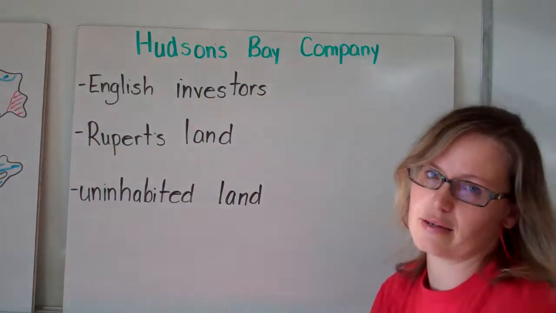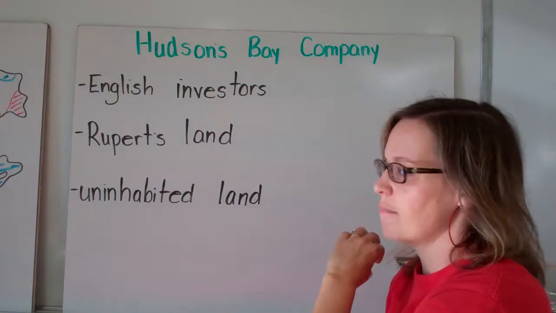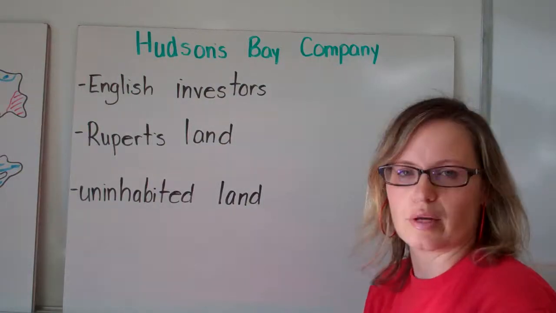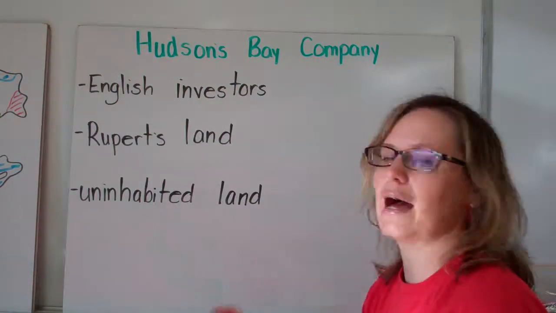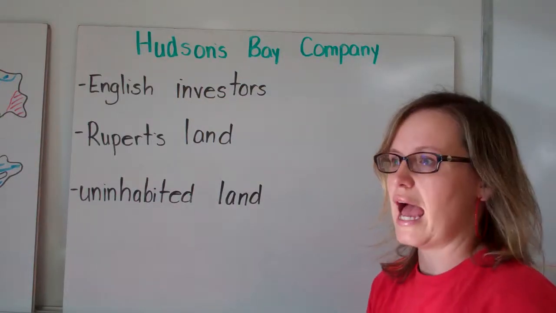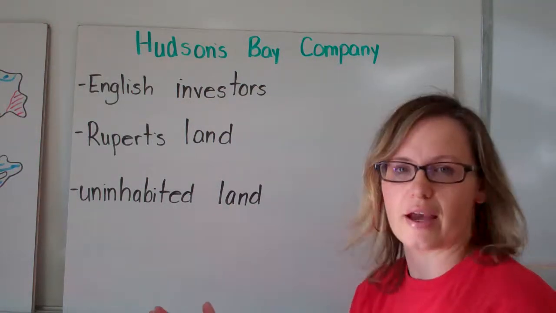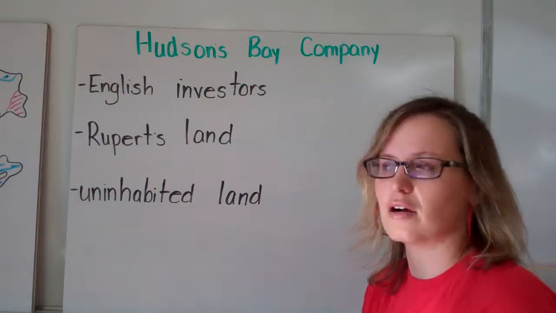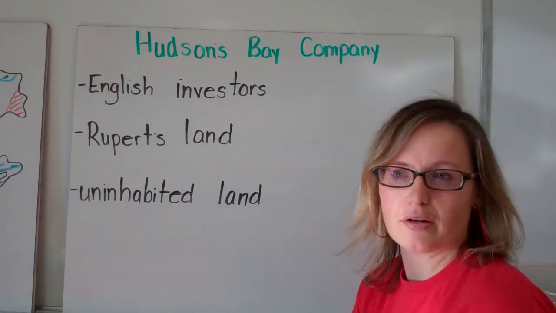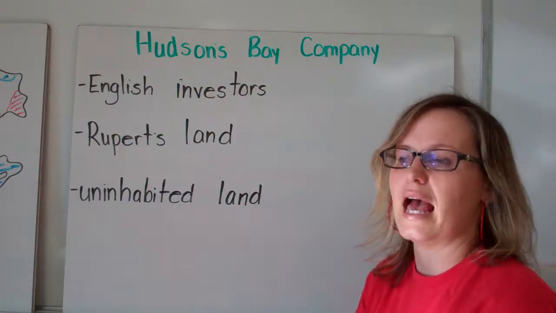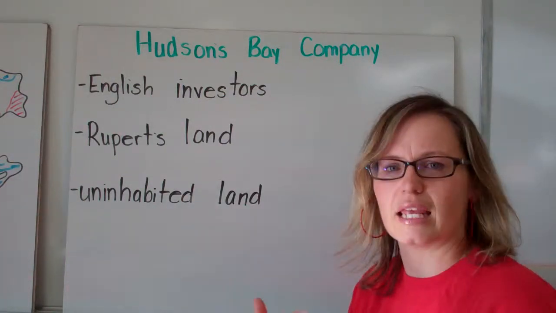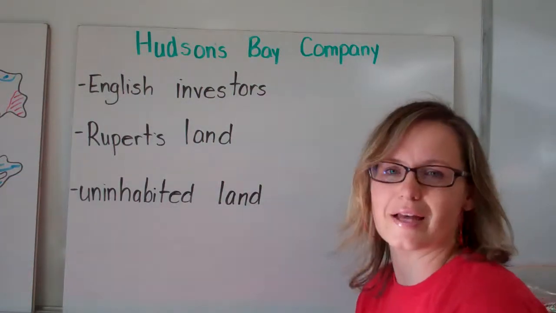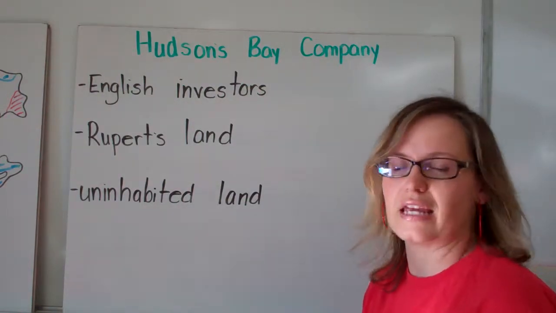Now, one of the important details about this Ruperts Land is that many of the traders would write home, or when they got back to Britain or England or Scotland, they would talk about this uninhabited land, about how they ventured to this new world and it was brand new and open and there was no one living there. But there were people living there. There were Aboriginals living there, and they'd lived there for many years. And the Hudson's Bay Company, the traders, were using the Aboriginals for their knowledge and their help. And this is the beginning of these settlers versus Aboriginal relationships, where they don't even recognize that they even exist in this country.